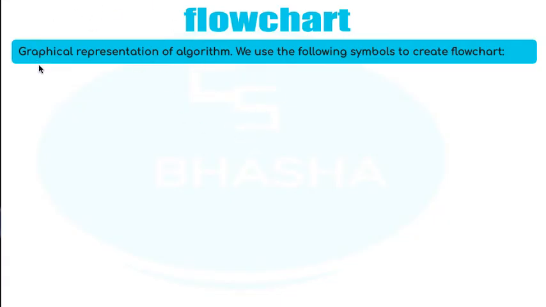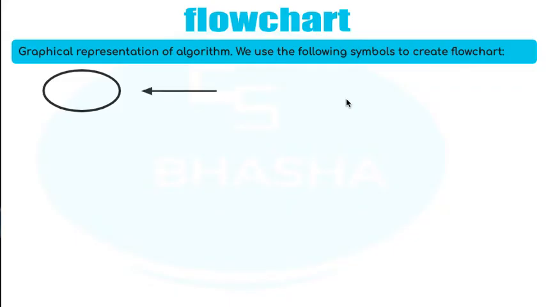What if I have to draw these steps on a paper? So I have to show them graphically. To show the concept or the algorithm of a program graphically, we require certain symbols, and that concept is called a flow chart. There are certain symbols which are given to us, and that's what we're going to study in this particular video.